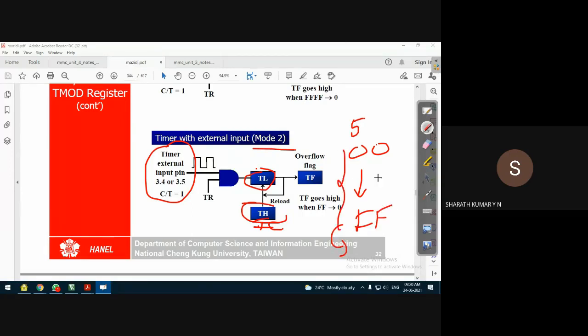By this time it has counted 256 clock pulses, but I wanted to count only 5 external events. With initial count 0, it will count 256 external events. So in that case we have to load FAH into the upper byte of the timer.